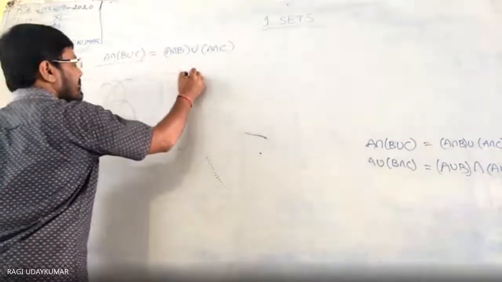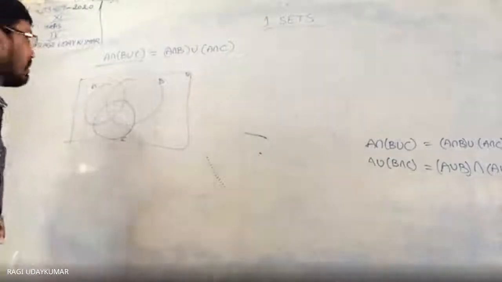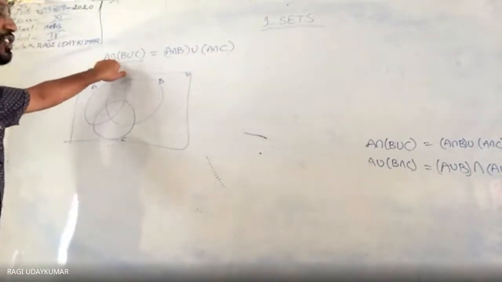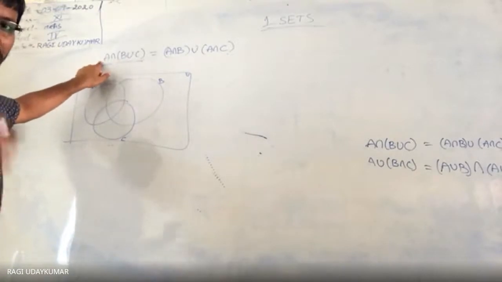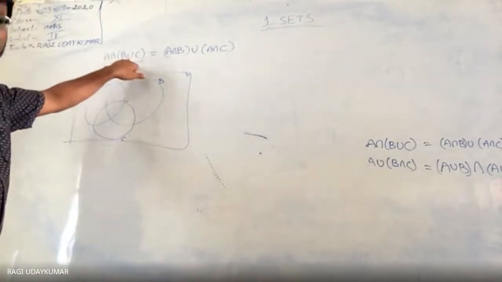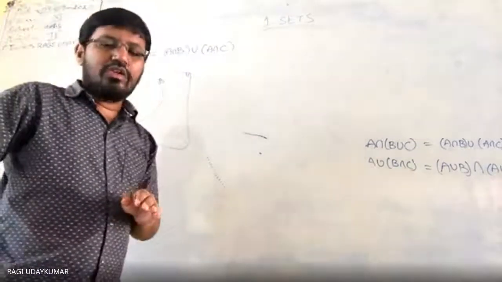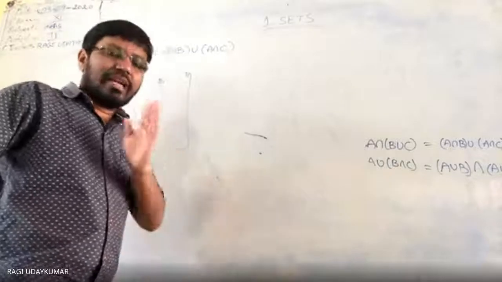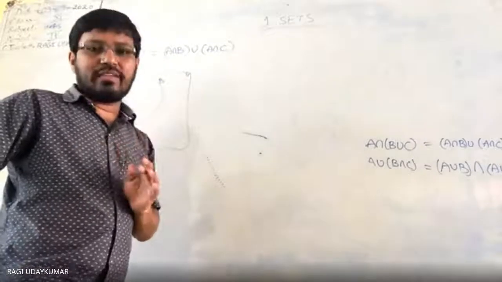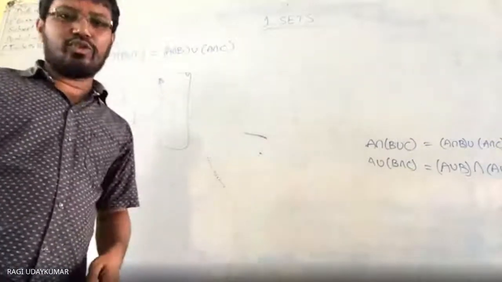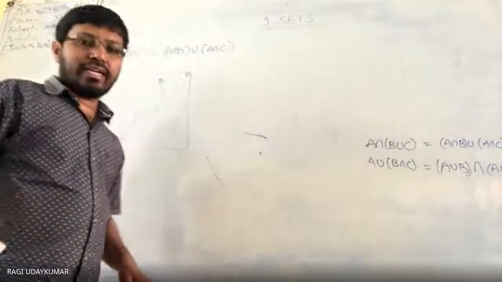Here this is the universal set. This is set A, this is set B, this is set C. So for the intersection, whatever is on the left side, you draw with horizontal lines. Right side, you may take vertical lines, but left side one way, right side another way. And the common part, if you want, you draw zigzag lines or straight lines. That's your wish. I am just taking it like this.